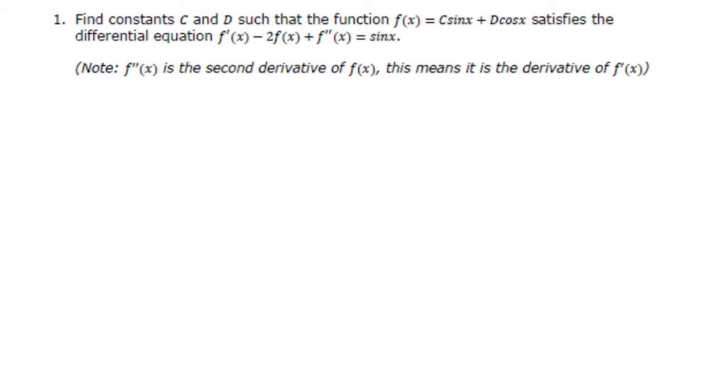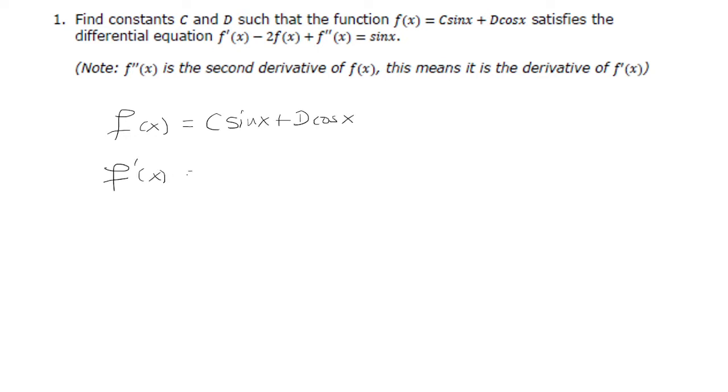We want to find constants c and d such that the function f of x equals c sine of x plus d cosine of x satisfies a differential equation. Okay, first we need to find what f prime and f double prime are, so we can plug it into this differential equation. So if f of x is c sine of x plus d cosine of x, f prime